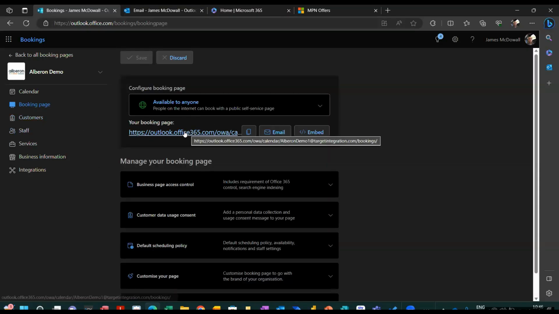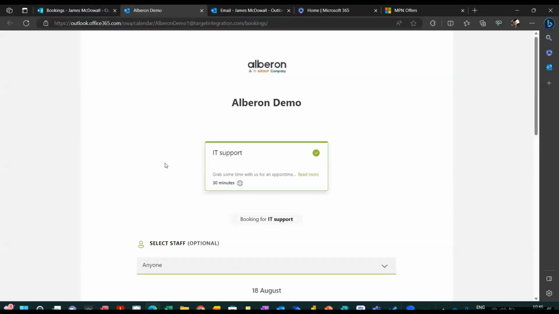And then the booking page themselves. So if I click that link, it should take you out. So this is what the booking page will actually look like. So you can see a preview of it. I'm checking you can see that, Libby, and I'm not showing. Thanks, brilliant. So you can see the logo's been embedded at the top,